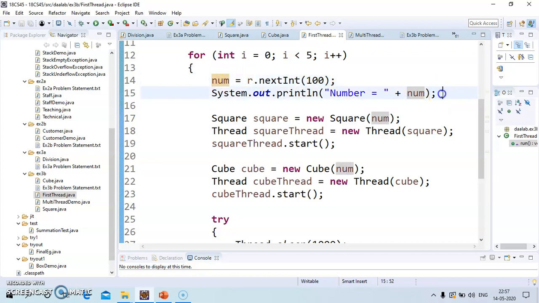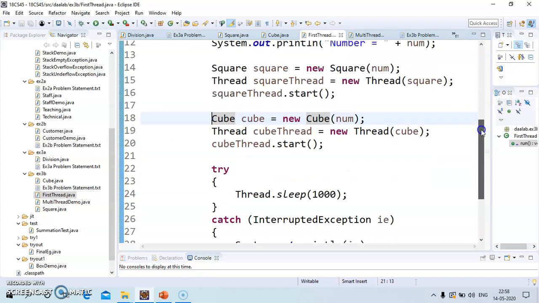First we are printing that number, and then we are creating an object of Square, and then we are creating a thread, passing this Square here, and then we are starting that thread. Square thread we are starting, and similarly the cube thread we will construct and start. So totally there are 3 threads: the first thread itself, the square thread, and the cube thread.